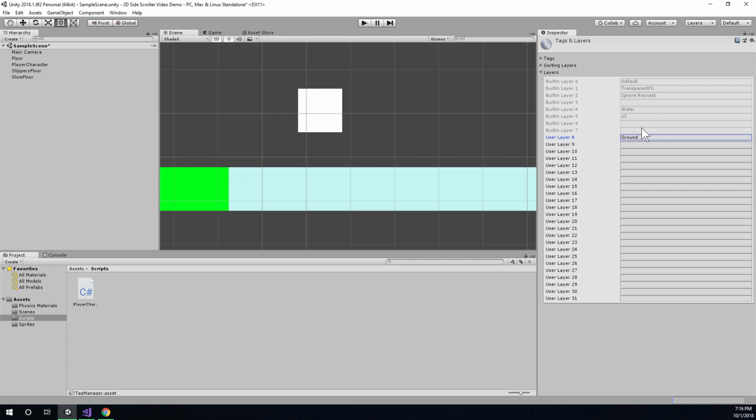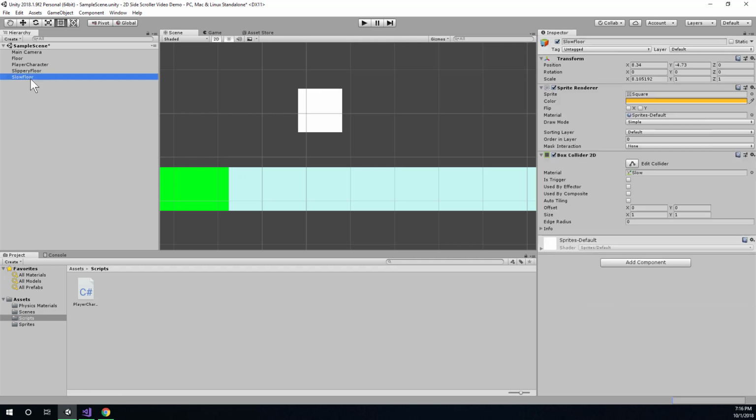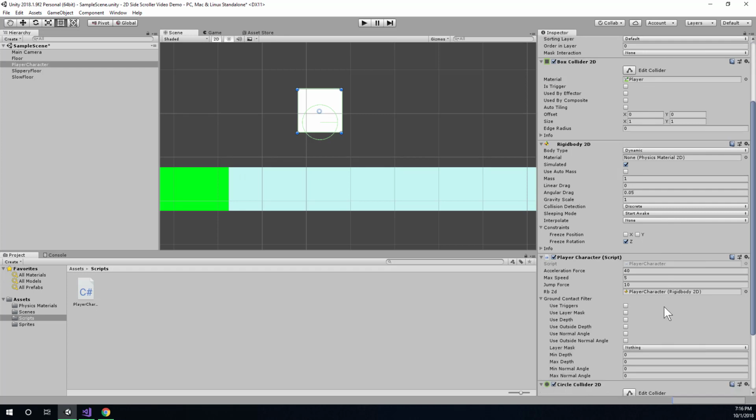And now that I've made this new layer, I can go select our floors. I have 3 floors, so I'm just going to hold Control and select each of them. So I have all 3 floors selected, and I'm going to move them onto the ground layer. So now these are on that ground layer, and if I go back to my player and I find the